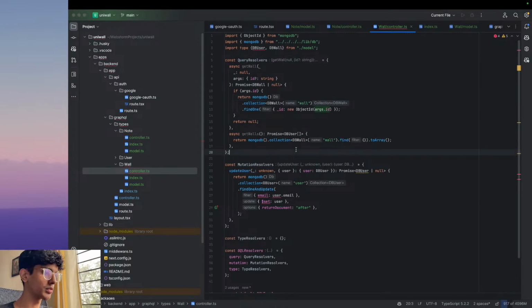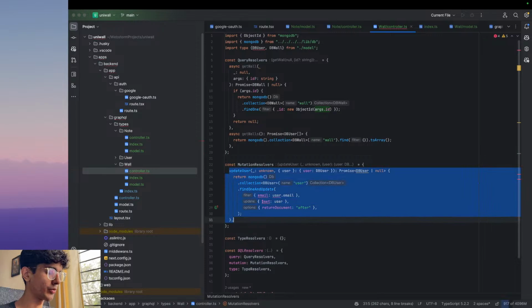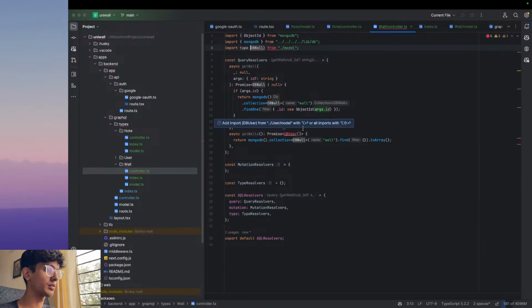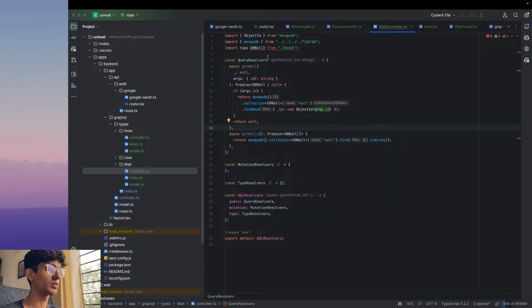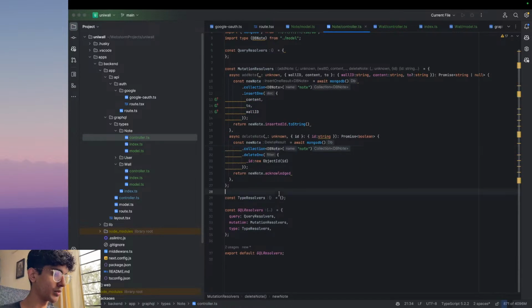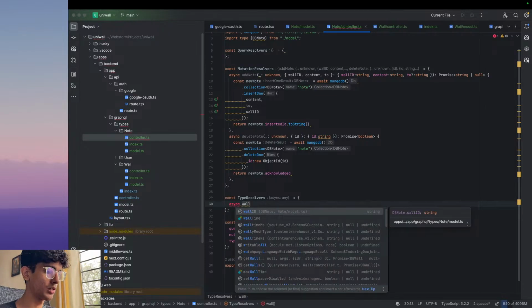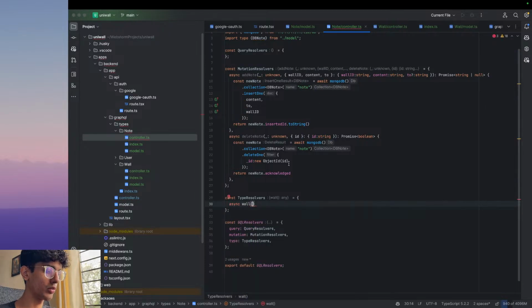That's it, super simple. We can remove this, and fine, yes, db wall looks good, looks really good. We are almost there, and now we have to define the type resolvers for both of them. So I'll just come to type resolver, and I'll say, okay, what type are we going to resolve? That is going to be the wall, and for that wall we need